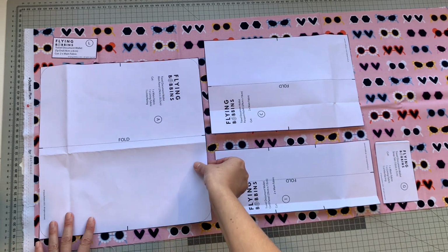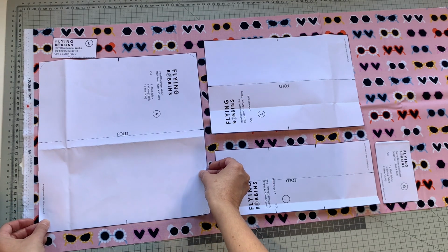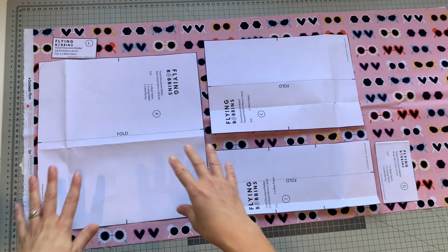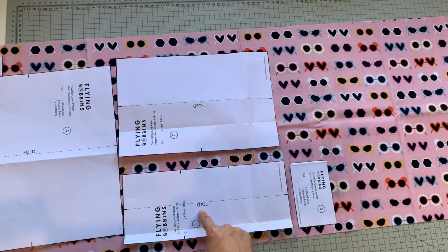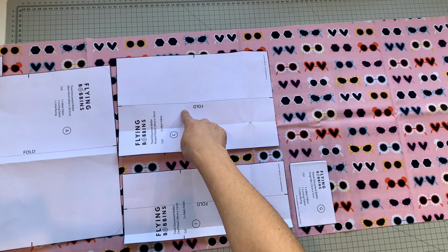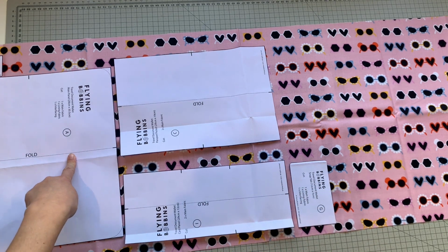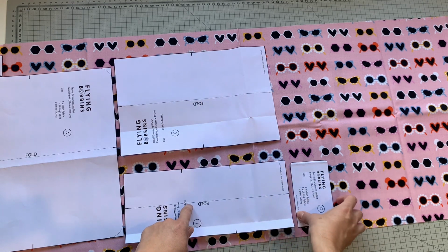Whichever way you choose, if you do have a directional print, just think about placing your print and think about making sure that all your pieces are cut in the same direction. So as well as my main panel piece, I want to cut out 2 card pockets in the main fabric and also 2 passport pockets. So what I want to do is, I only want one of these, so I'll cut one of these out, and then I can fold my fabric over and cut 2 and 2, and then I've got plenty of extra